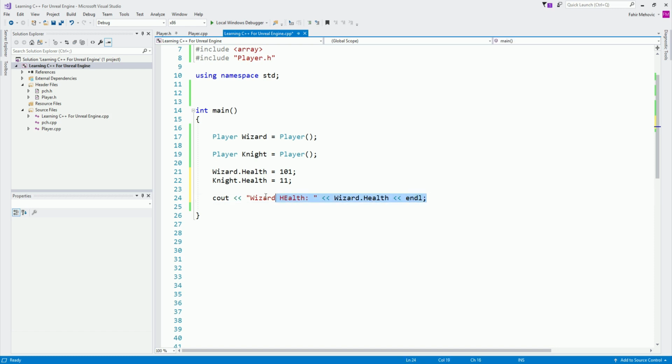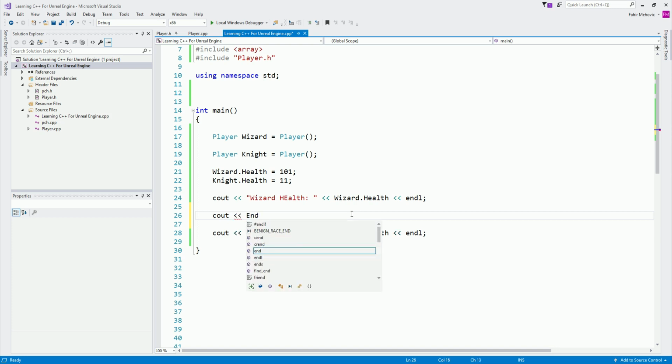Let me copy this and paste it below, because we're going to have the wizard and the knight health, and here I'm going to call the knight. In between I'm going to print the line, so cout, not count, and here endl with a lowercase e. What do you think will be printed?